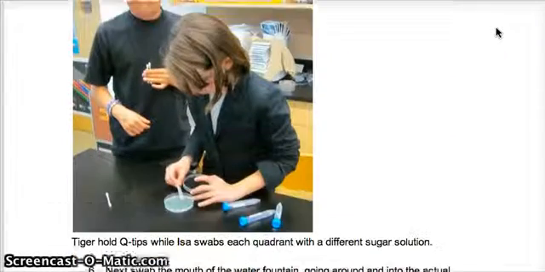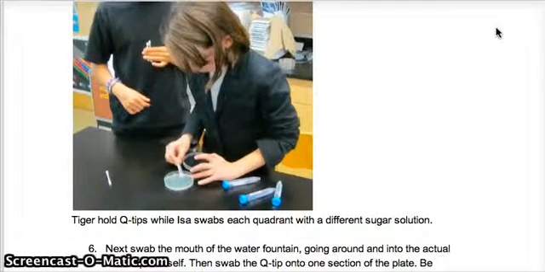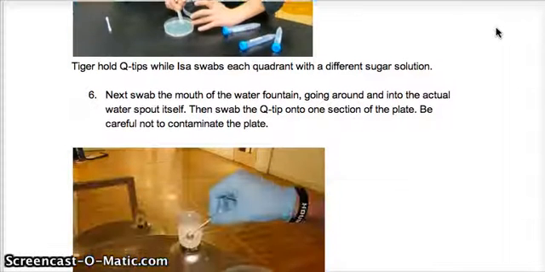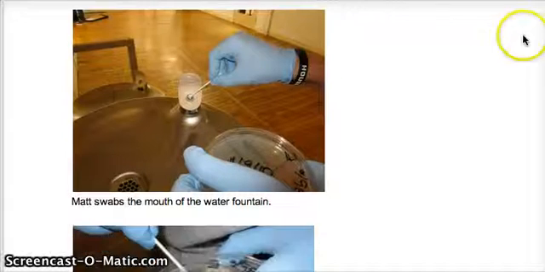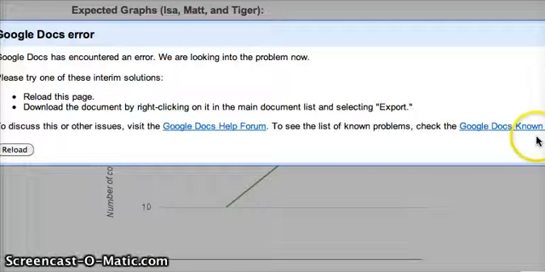Then here we are, we're swabbing the sugar solutions onto the plate. And then after that we go outside into the hall and we swab the water fountain to get bacteria, and then we swab